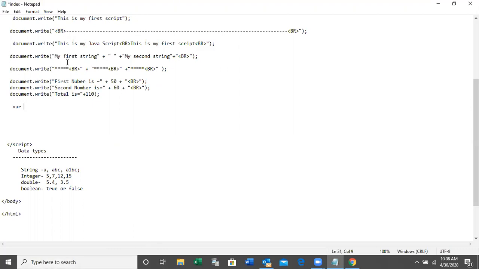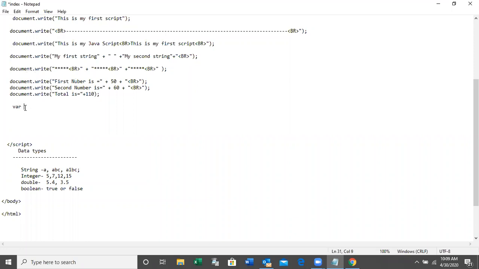Okay. So if we want to declare a variable, we have to use the keyword var. What is a keyword? A keyword is a reserved, special word we can use in a particular programming language. Keywords differ from program to program.